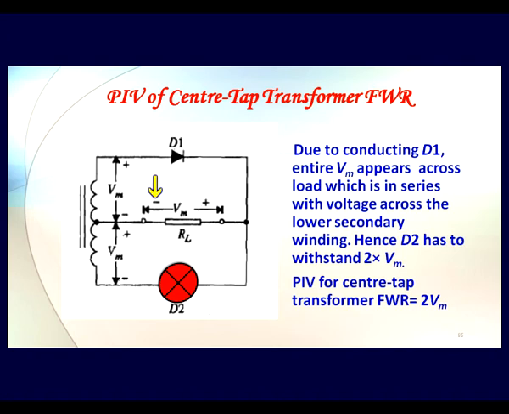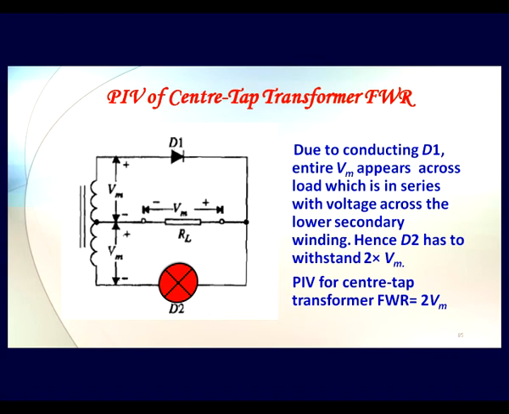We get positive here and negative here of the input, and at a certain point when peak voltage is there, this Vm is appearing across it. Now at the same time, in the lower half of our secondary, we have got negative voltage here and positive voltage here. Okay, so what is happening? We have Vm in this direction, positive here, and in series with that across the load again we have Vm. So these two Vms are adding up, which are coming parallel to our D2.